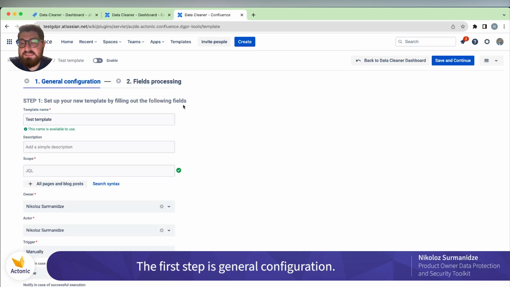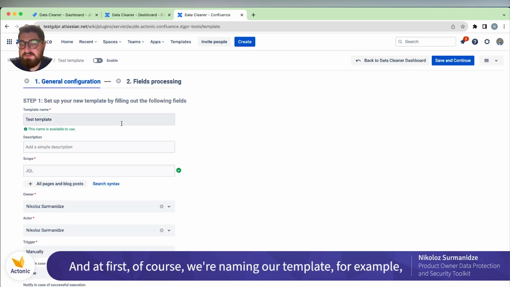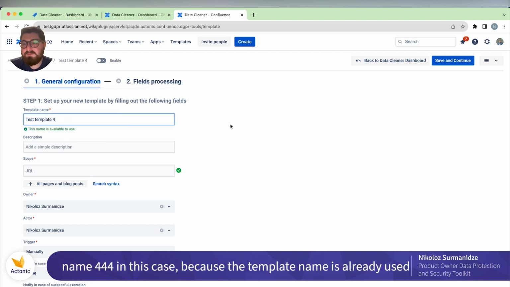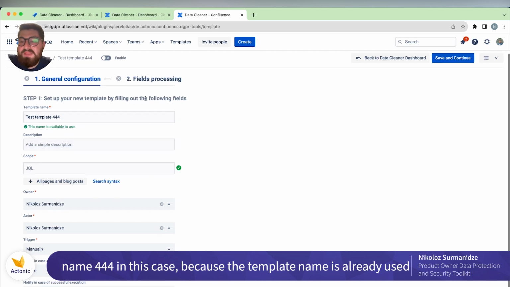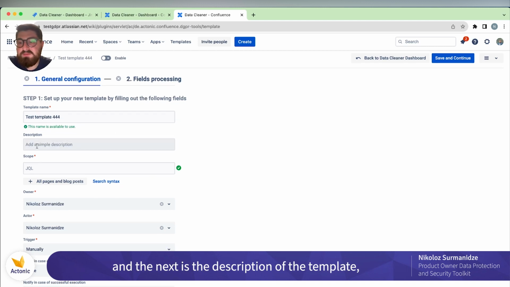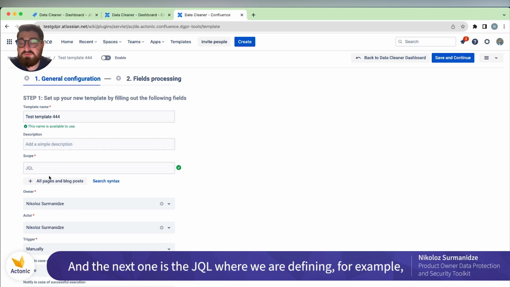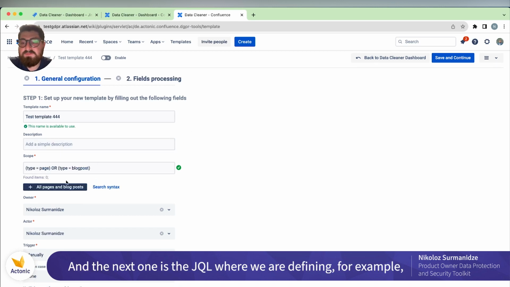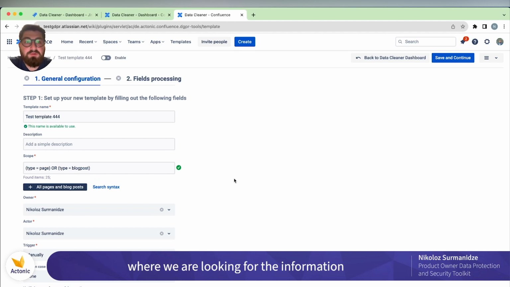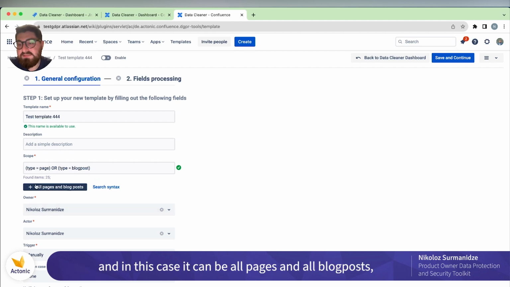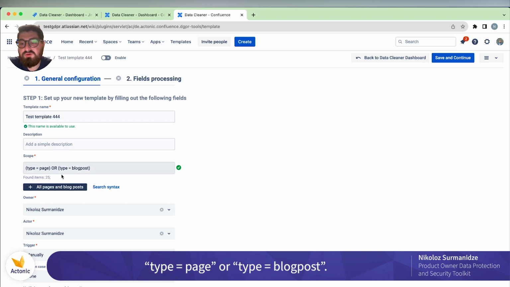The first step is general configuration, and at first, of course, we are naming our template. For example, it can be template name 444 in this case because the template name is already used. And the next is the description of the template, which is also for the internal use. And the next one is the SQL, where we are defining, for example, where we are looking for the information. And in this case, it can be all pages and all blog posts, like type equals page or type equals